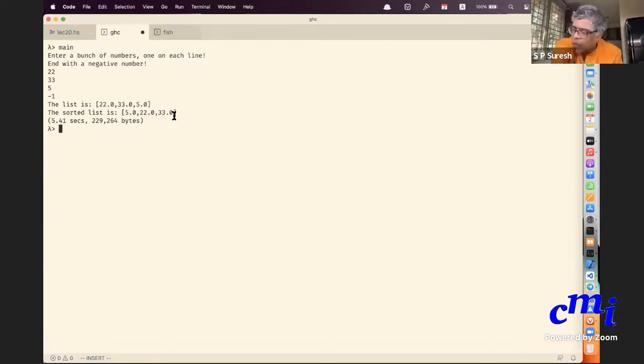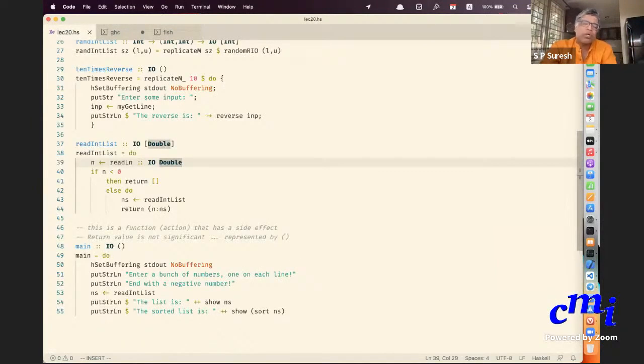Yes, you can do it for normal functions also. You can put a colon and put the type for some function call. Yes, you can do that, even for normal calls. Yeah, that is the answer. It doesn't have anything to do with IO. There are times when you will be forced to specify it like that yourself, and you will do it. Okay, so let me revert this to int. Okay, so this is one thing.